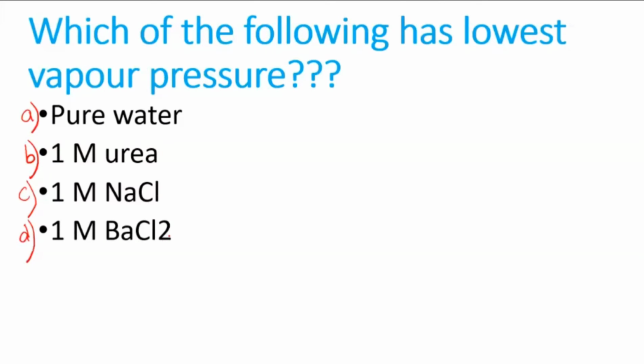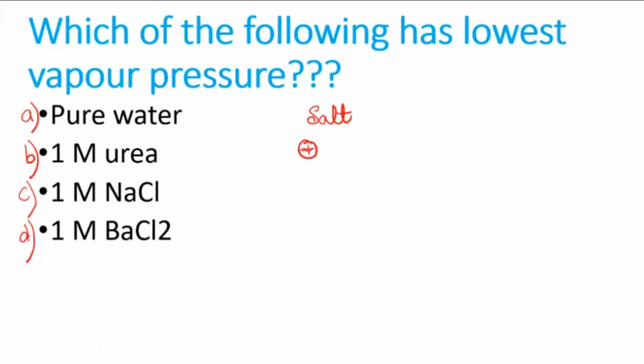For this, you have to think a little bit about what actually happens when you dissolve these compounds in the water. We are talking about 1 molar solution, okay? So you have to tell which among these will have lowest vapor pressure. Lowest vapor pressure means the number of solute particles is very high. So I will give you one clue, then you can think and answer. Suppose you have any salt, you know salt is made up of ions. Agree with that? There is a positive ion. I'm giving you just a hint. I want the answer from your side.